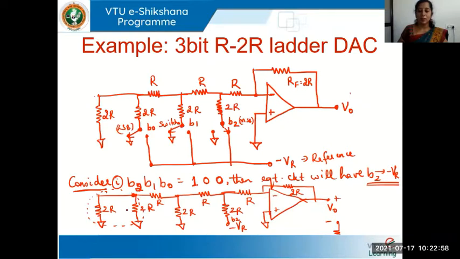So what's the parallel combination of 2R with 2R? The parallel combination becomes R. Yes or no? Half the value. If I have 10K in parallel with 10K, then the equivalent resistance would be 5K, half of 10K. Just like that, if I have 2R in parallel with 2R, you find out if you are doubtful, it is 2R into 2R divided by 2R plus 2R. That is the equivalent value of two resistors in parallel.